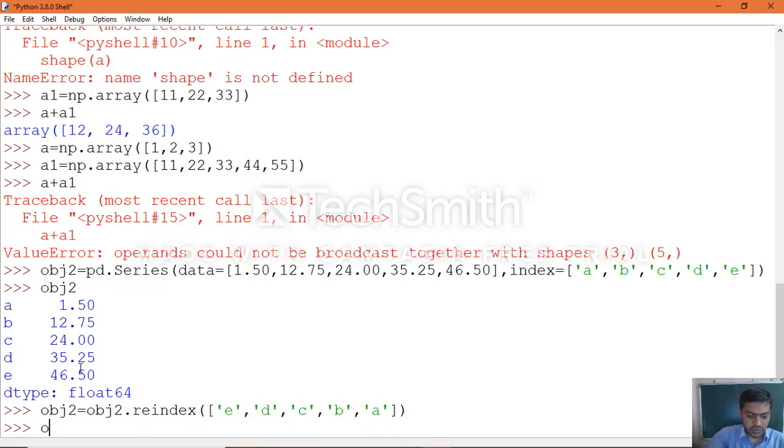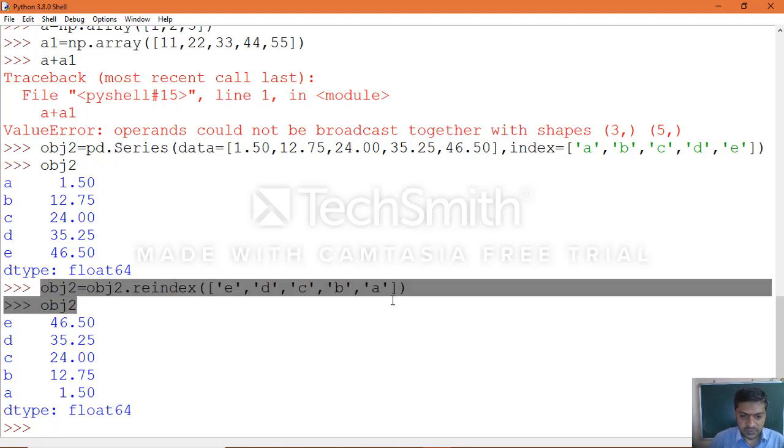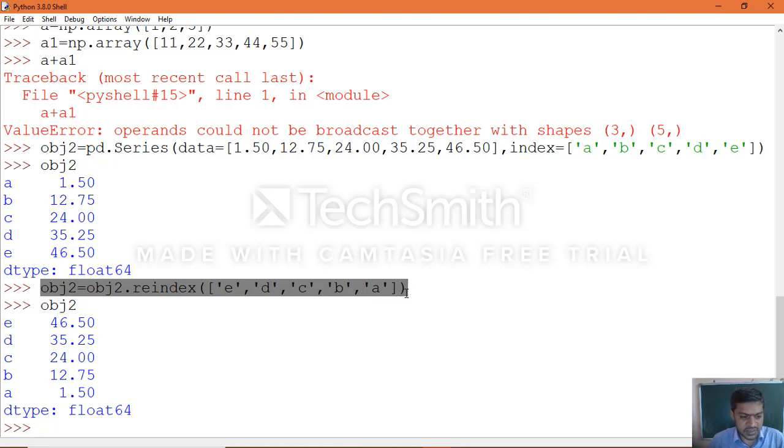Execute it, print obj2. You can see here, earlier the actual data had index order a, b, c, d, e, and now we re-indexed the data as e, d, c, b, a. In the same manner, you can specify a different order again and see how it works.